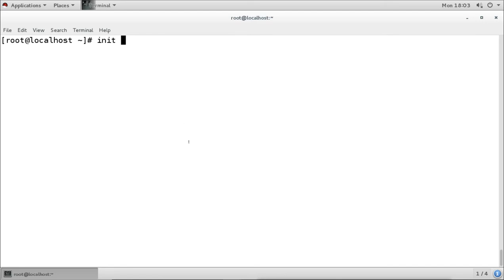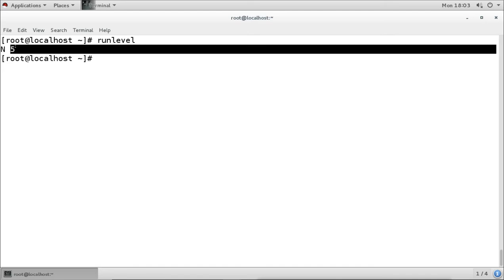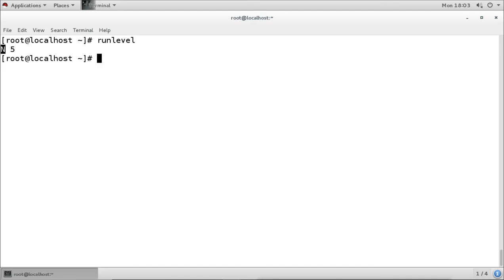For example, I want to go to run level 1, and we can also check the run level by running the runlevel command. This also works here. It is saying that right now I am in run level 1, previously not available because we had directly logged in at run level 5. So if we want to change, the init command also works. For example, I want to go to run level 1. I will try init 1 here,